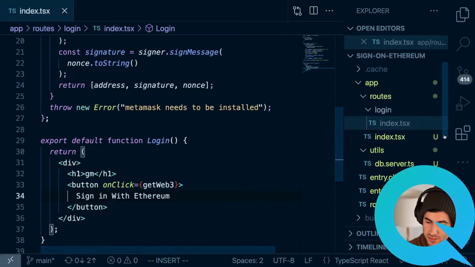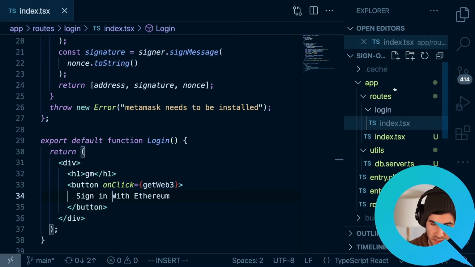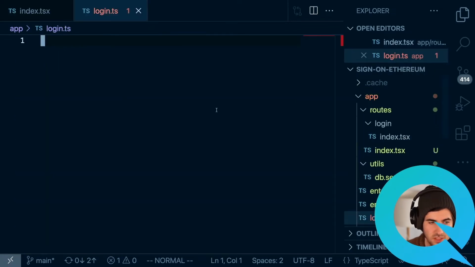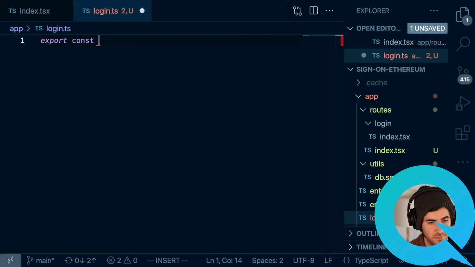To do that, we're going to create another file under app. So under app, we'll say login.ts, and this will have our authenticate function. We'll say export const authenticate.